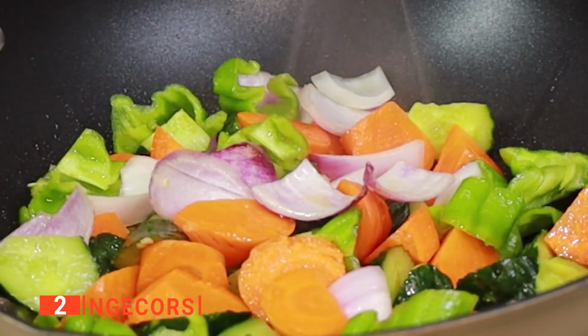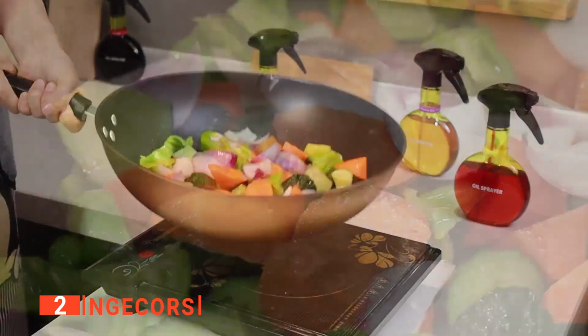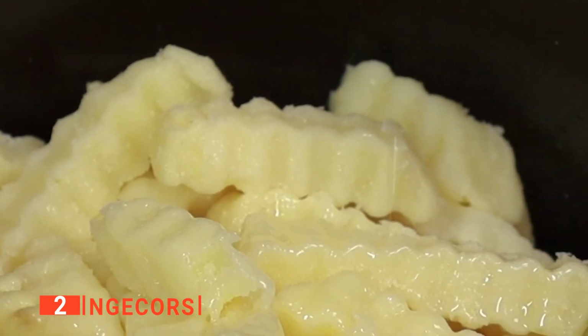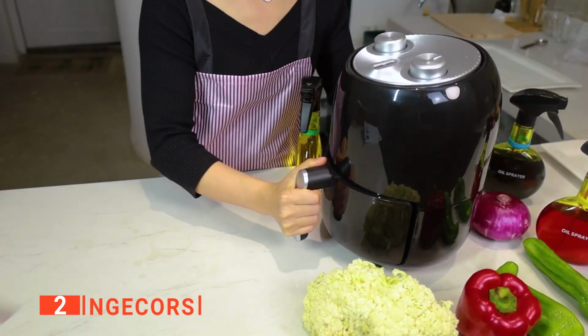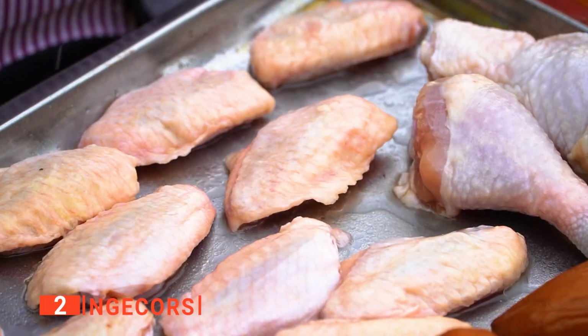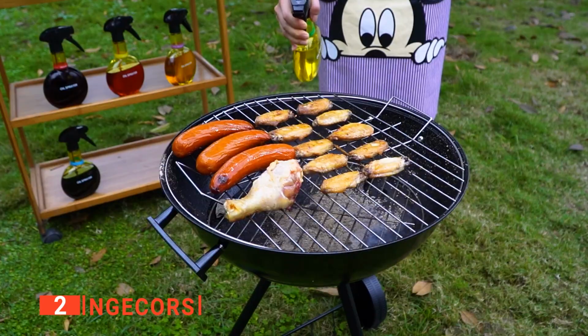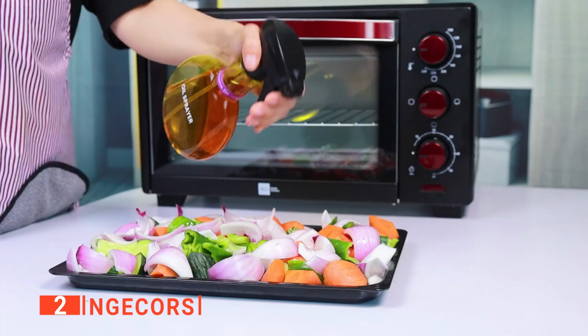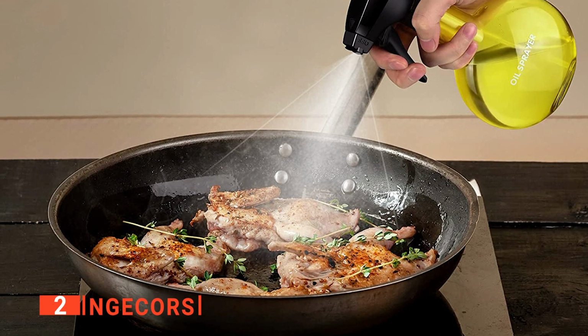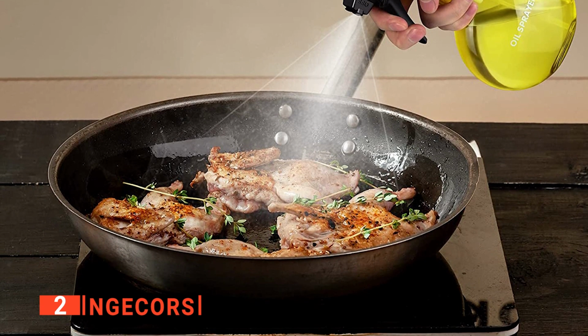We liked that the NGECORS oil sprayer complies with the Food Contact Management Policy, making oil safe for consumption. It is BPA-free and reduces your carbon footprint by a sizable factor, as it is an eco-friendly product. Every cooking needs a touch of professionalism to make it stand out, and this product assures just that. You can trust its versatility in bringing out the best in you when it comes to grilling, salads, baking, or